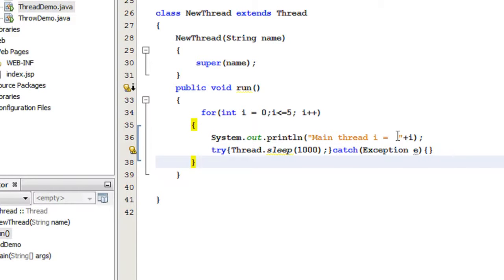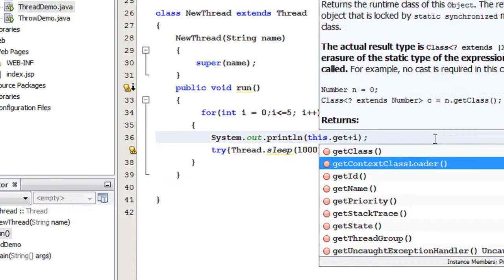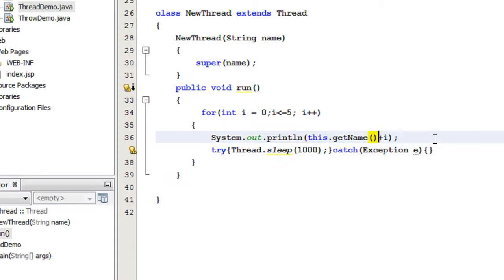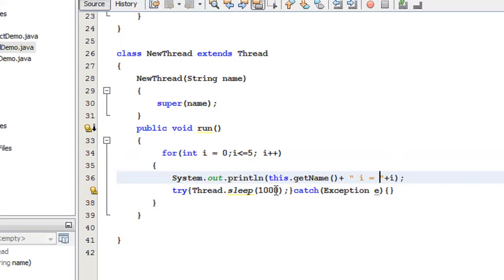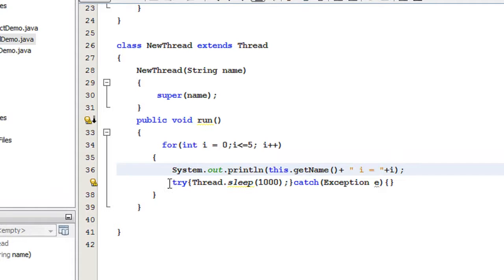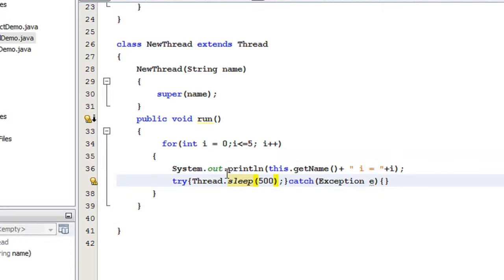Here it is not the main thread, it is the user thread. So here I am going to get the name of that thread, this dot getName, get the name of the thread, provide some space, and print out the value of i. Okay, now here also I sleep the thread, that means the current thread, for 500 milliseconds. Okay, so before starting the thread, here print out a message,